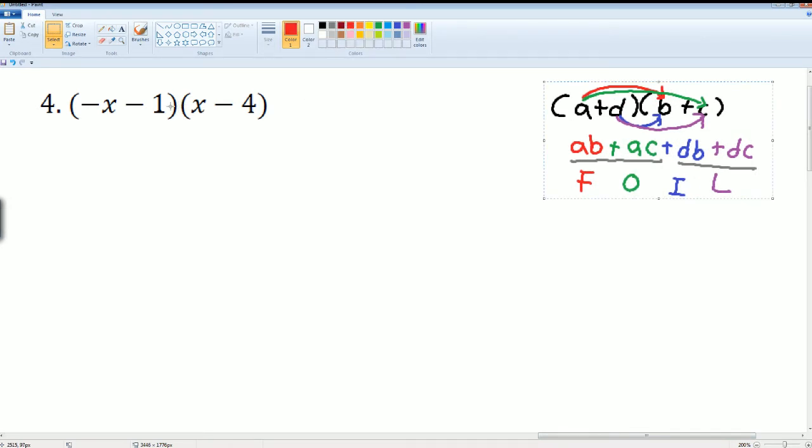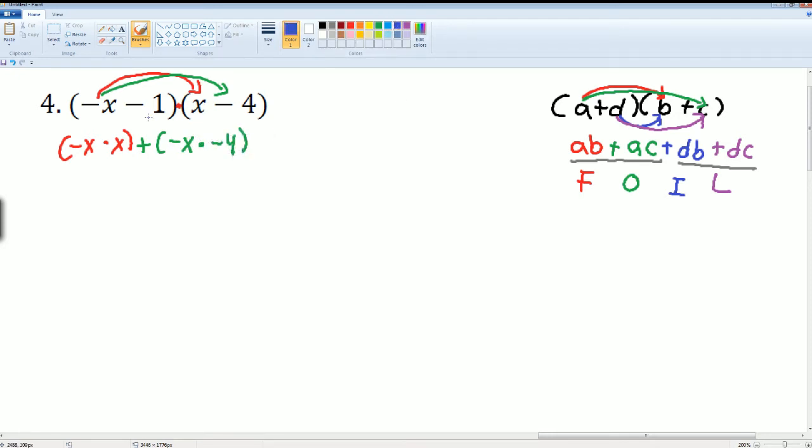Alright. So again, you're trying to find the product. So here's the product symbol. First term is going to be distribute. So that is your negative x times x. Second term, which is your out. Negative x times negative 4. Your inner, negative 1 times x. Purple, which is your outer, plus negative 1